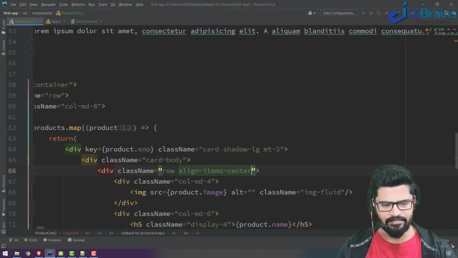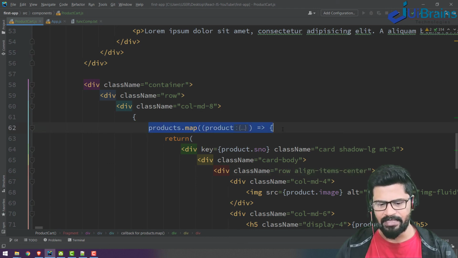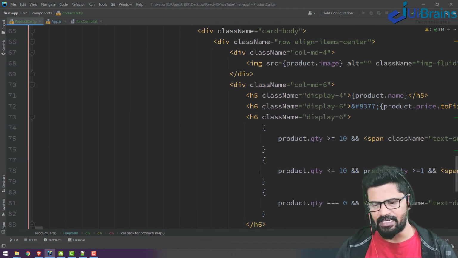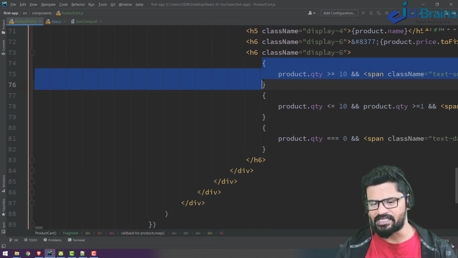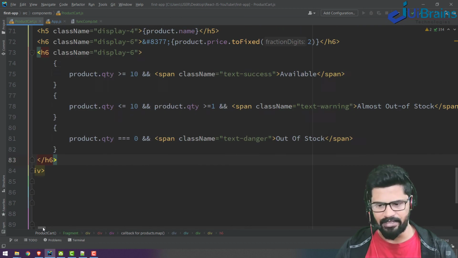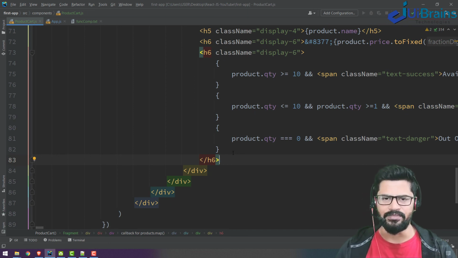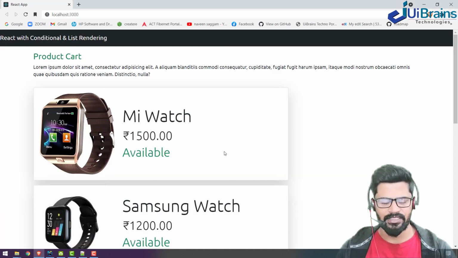See, the story is how to loop your data, right, using a map function. You have written a map function for looping. After that, if you want to display anything conditionally, you write conditional statements, and you can render whatever content you wanted to. So here we have discussed both how to loop the content and how to conditionally render it.